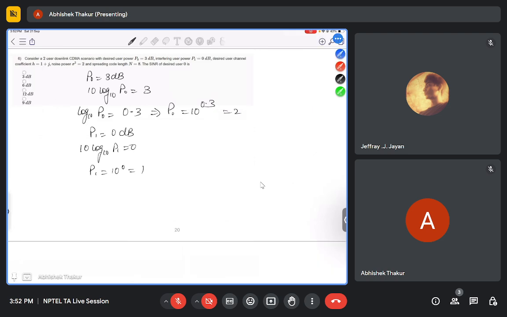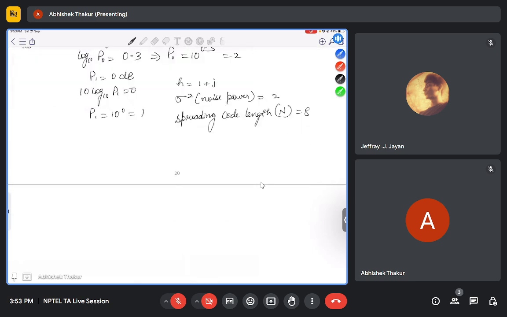The next is the desired user channel coefficient H is given as 1 plus j, and the noise power sigma squared is given as 2. Our noise power is 2, and the spreading code length N is given here as 8. N is equal to 8. So the SINR of the desired user 0 will be